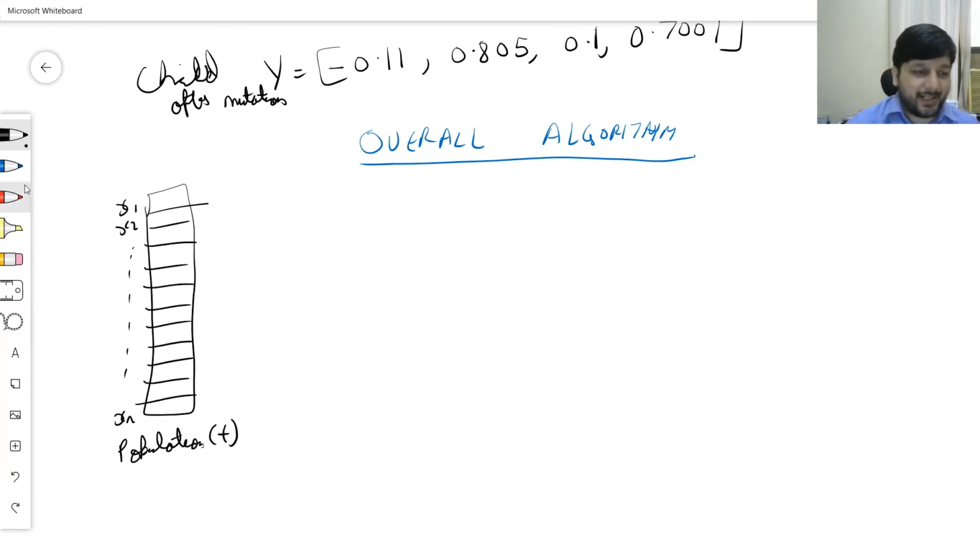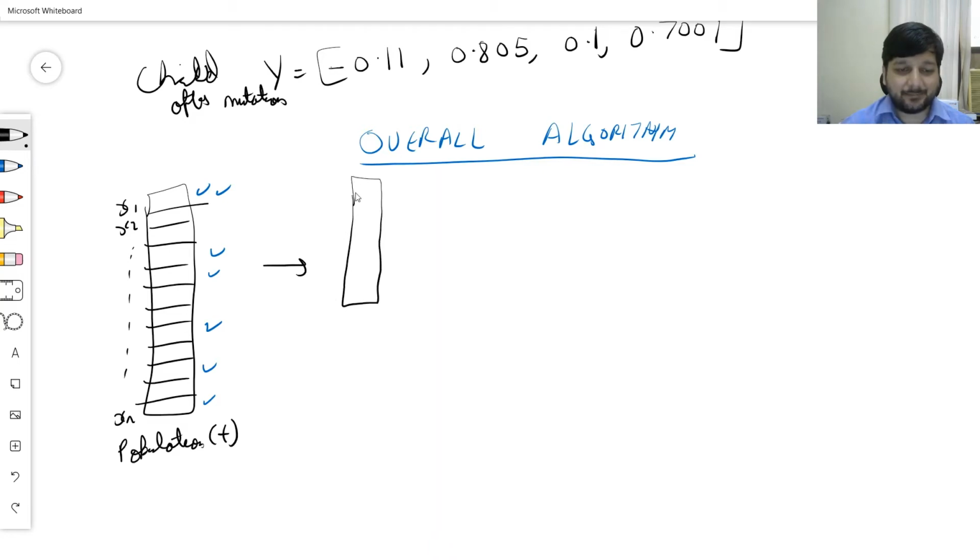Then I apply some kind of a selection. So two arrows mean selected multiple times, one arrow means selected one time, and that is represented like this.